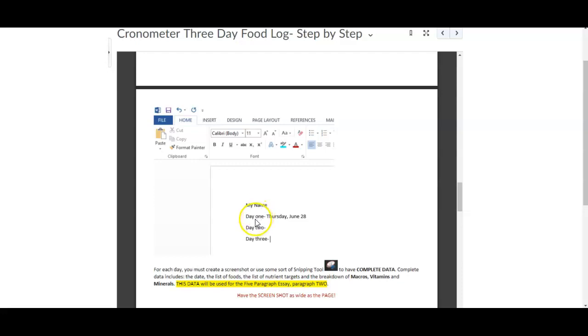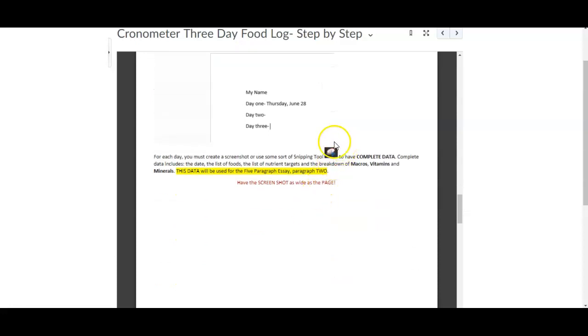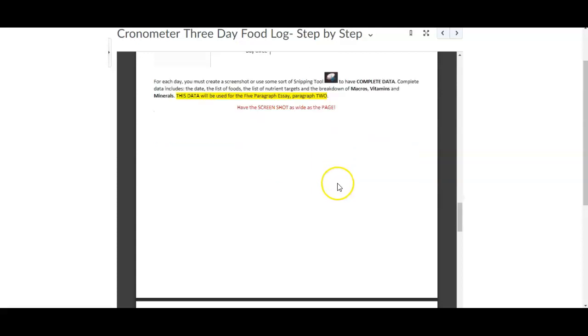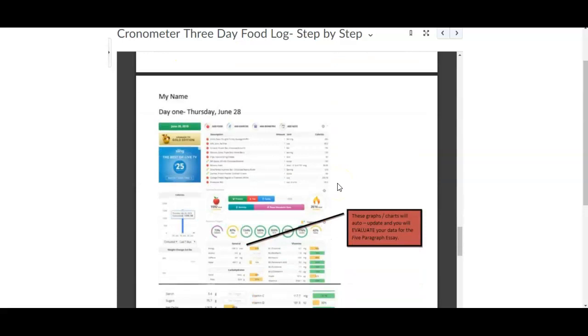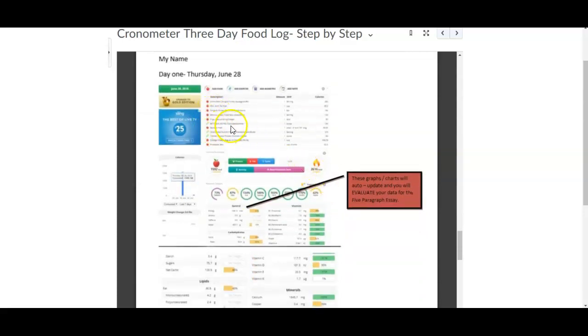And then write day 1, the specific day of the week. So this is a weekday, and then the month, and then the date. And we're going to assume the year is the year that you have the class. Let's not be crazy. You can use a snipping tool on desktops. I don't know what it's like if you use your phone. You have to figure out your own technology, or if you have a Mac. And so you take a screenshot as much of the page as possible, and I'll show you what that looks like. So here, this is different screenshots, and here's the date, and here is everything that I ate.